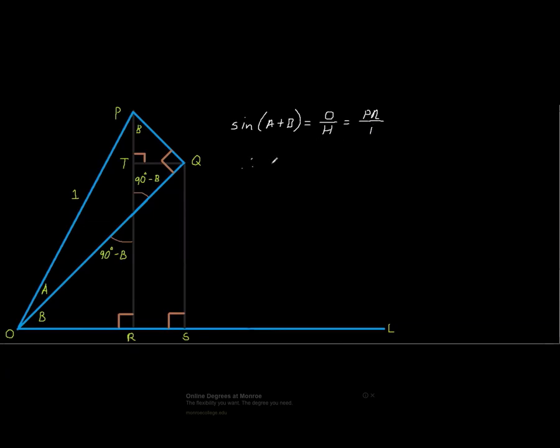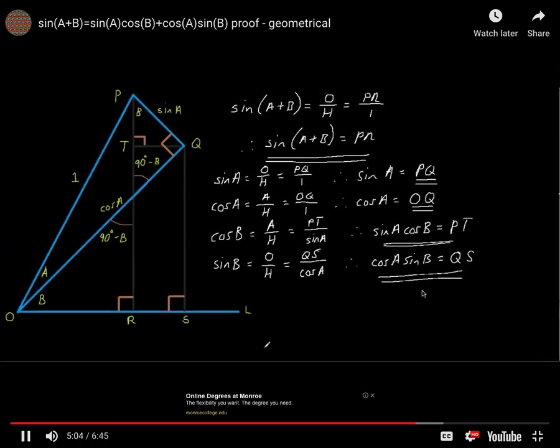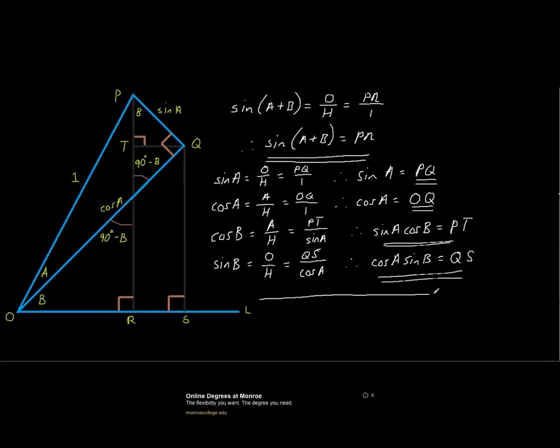So we know that sine A plus B, and like I said, I'm not going to show you the whole thing, but in the interest of time, let's move on toward the end. He kept doing similar triangles. So that's all your geometry. Okay, now that we've got geometry,